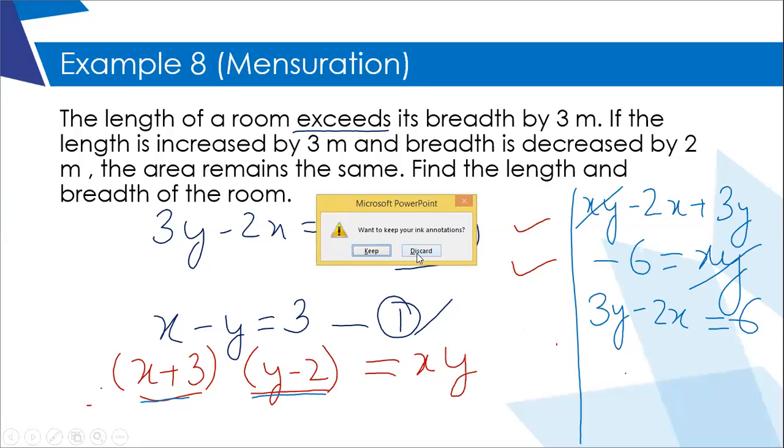Is the x value 15? I will not give you the answers right now. I will send the answer key. It is one of the questions in the exercise. So I'll send the answer key also, you'll come to know, okay? Because I want to cover different varieties today. So let's not solve the complete thing. Only the equation part I'm going to do.